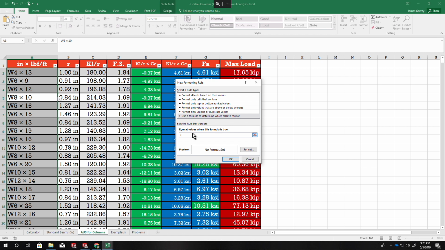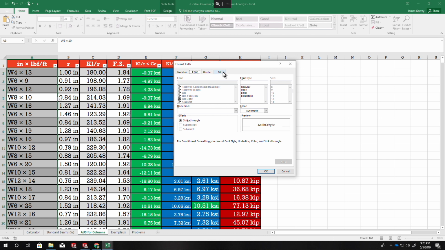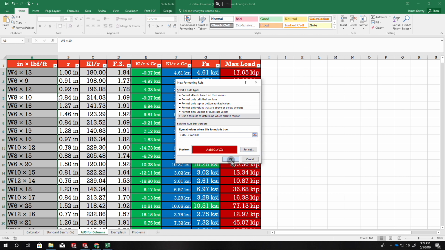So equals $H, the header of this column, 2 is less than W divided by 1,000 to convert that to kips. Go to format, pick how you want it to look, press OK and OK,